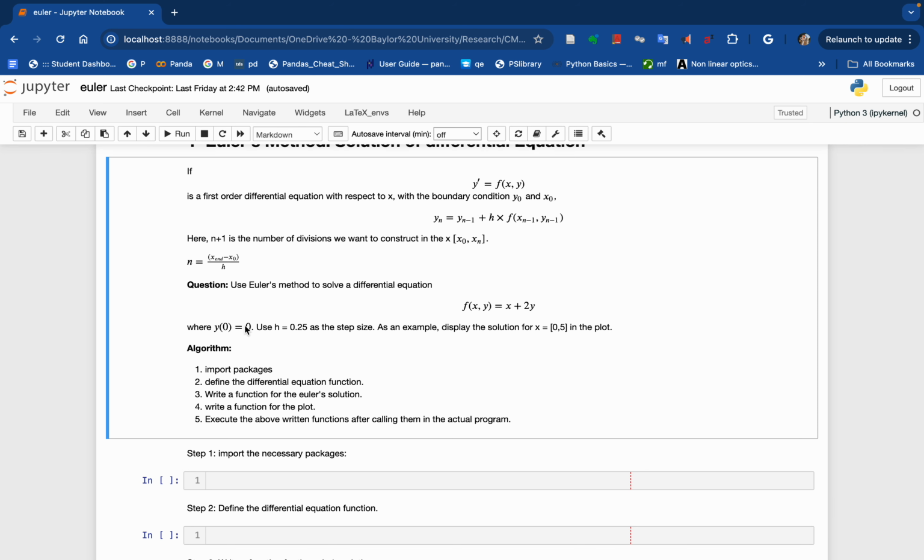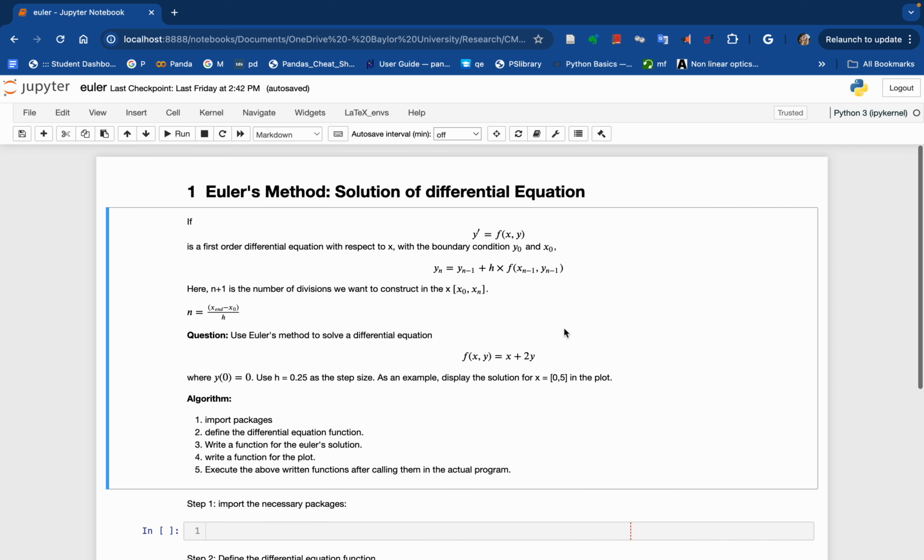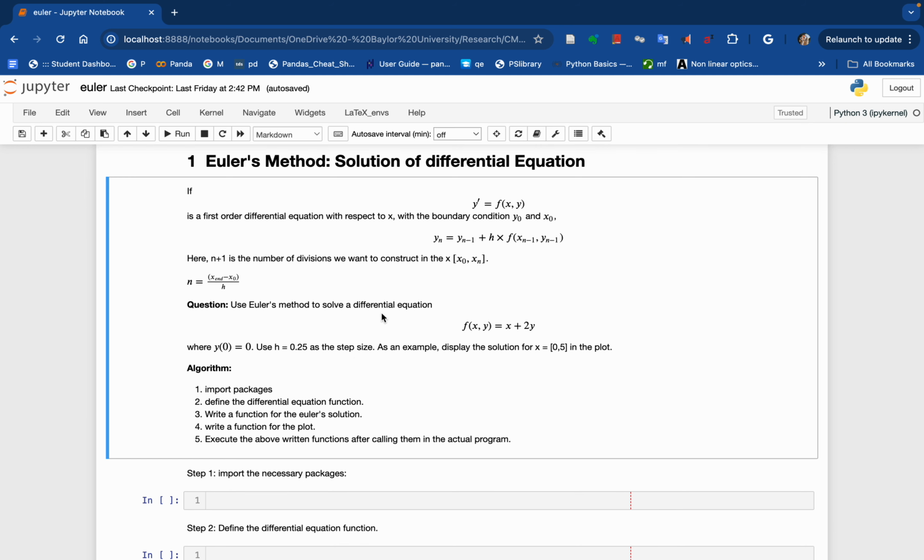So the boundary condition given is at x equals 0, y is also 0, and the step size is given as 0.25. So we are asked to find the solution for x from 0 to 5 and then show it in a plot. So with the help of this example today, I will try to simplify Euler's method in